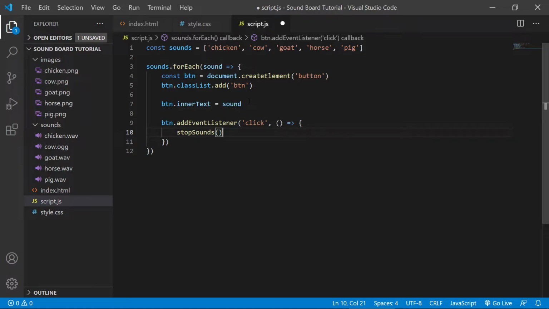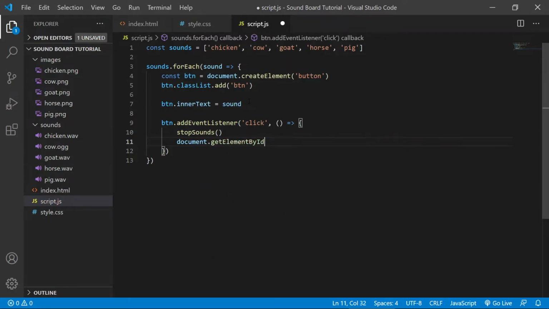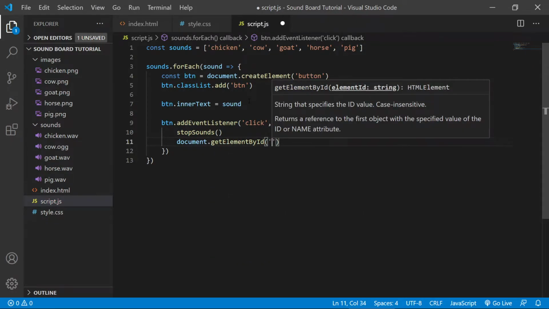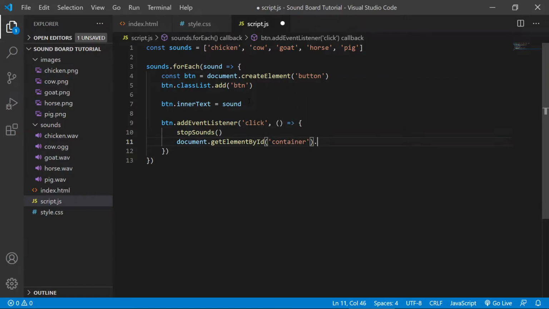And so we'll just assume that there is some audio going on, and we'll just make sure that it stops it right away before the next one plays. In the event that there's no audio, like on the first click, it won't be an issue. It'll just be stopping a null audio sound there, so there won't be any issue. So we'll call the stopSounds method. Then we're going to do a document.getElementById, and the ID is going to be our body, which we've called container. And we're going to do a setAttribute, which is going to be